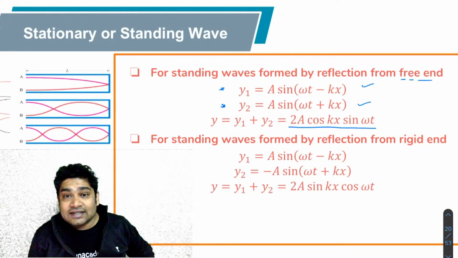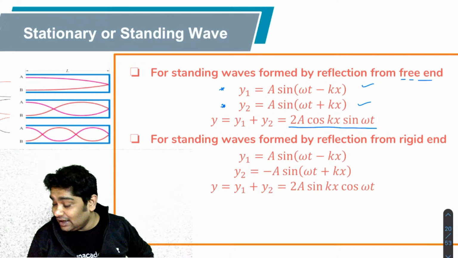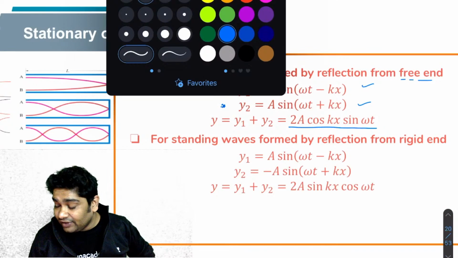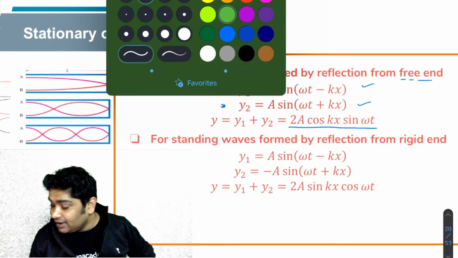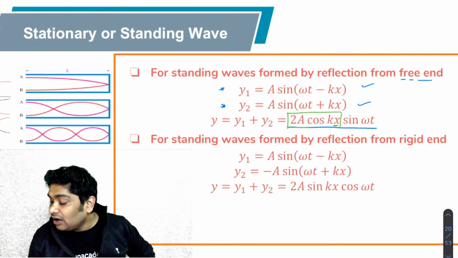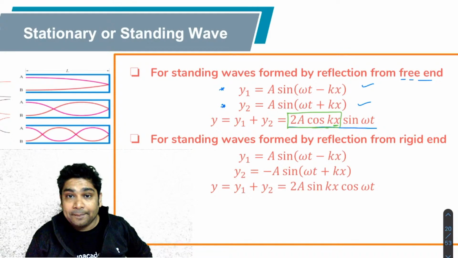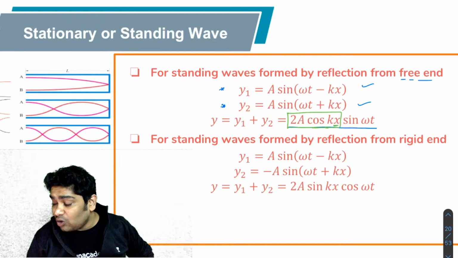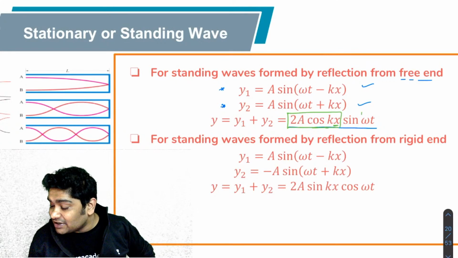Now, what you realize from here is that the amplitude of every point is dependent on its position. So this term is telling you the amplitude of any point at any location. And so you realize all the points are now performing SHM, because this is the equation of SHM